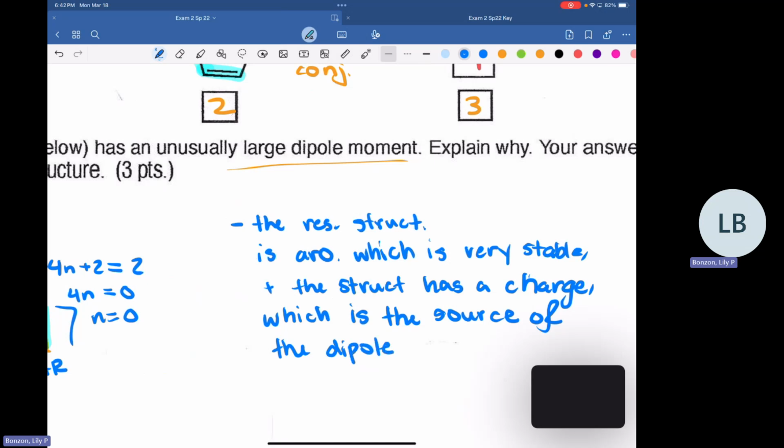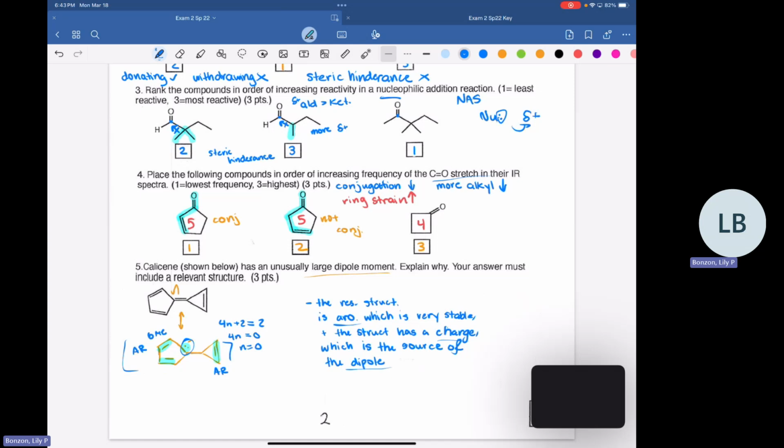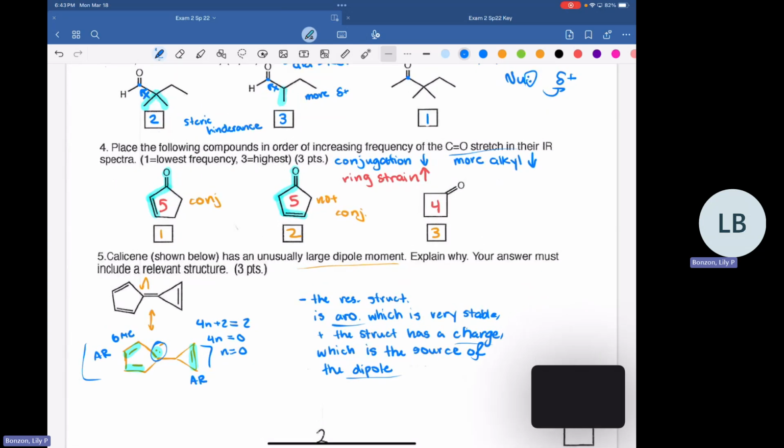So again, this one's a very brief response. There's usually a couple things that she's wanting you to look at. So in this case, the keywords are going to be aromaticity, and then you have the charge, which gives you that dipole. So it doesn't have to be like a whole essay. You probably won't have a ton of time for each question, so she's not expecting you to write like 5 sentences. And if anything, come back to it at the very end if you're really having trouble with it. But just keep in mind the key topics that you've looked at, and think of the key points that she might be asking you to look at. Any questions on this one?